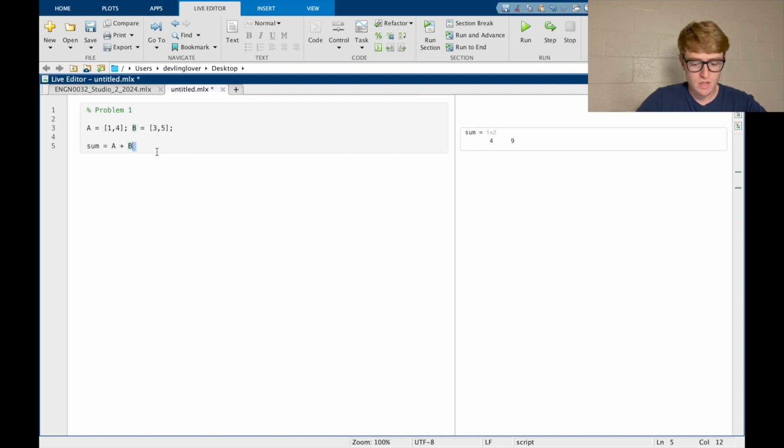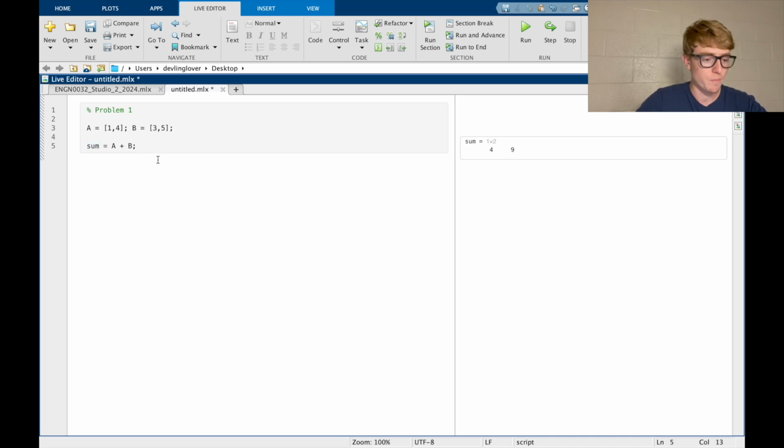So now let's say I suppress this output, and I run that, nothing's going to show up. And if I write sum, then I run that, boom, it pops up with 4, 9. So I can see this variable sum now has stored this value. So this is how you assign values to variables in MATLAB, as we just saw a second ago with